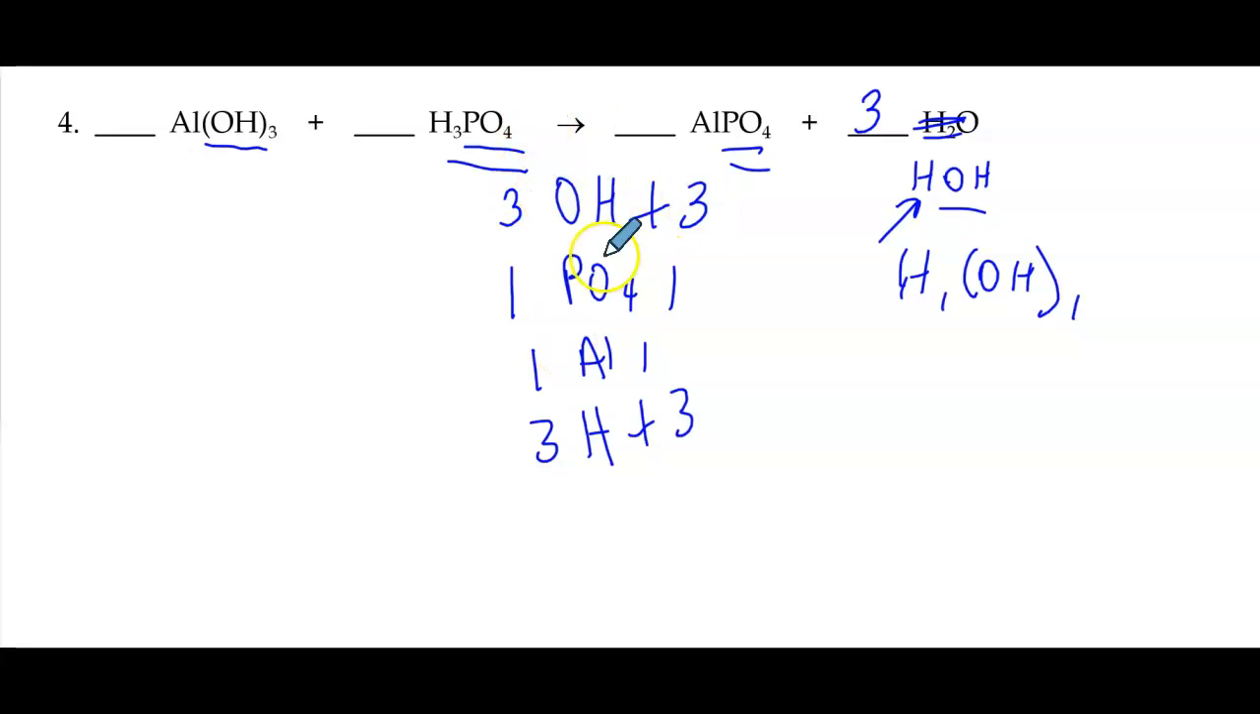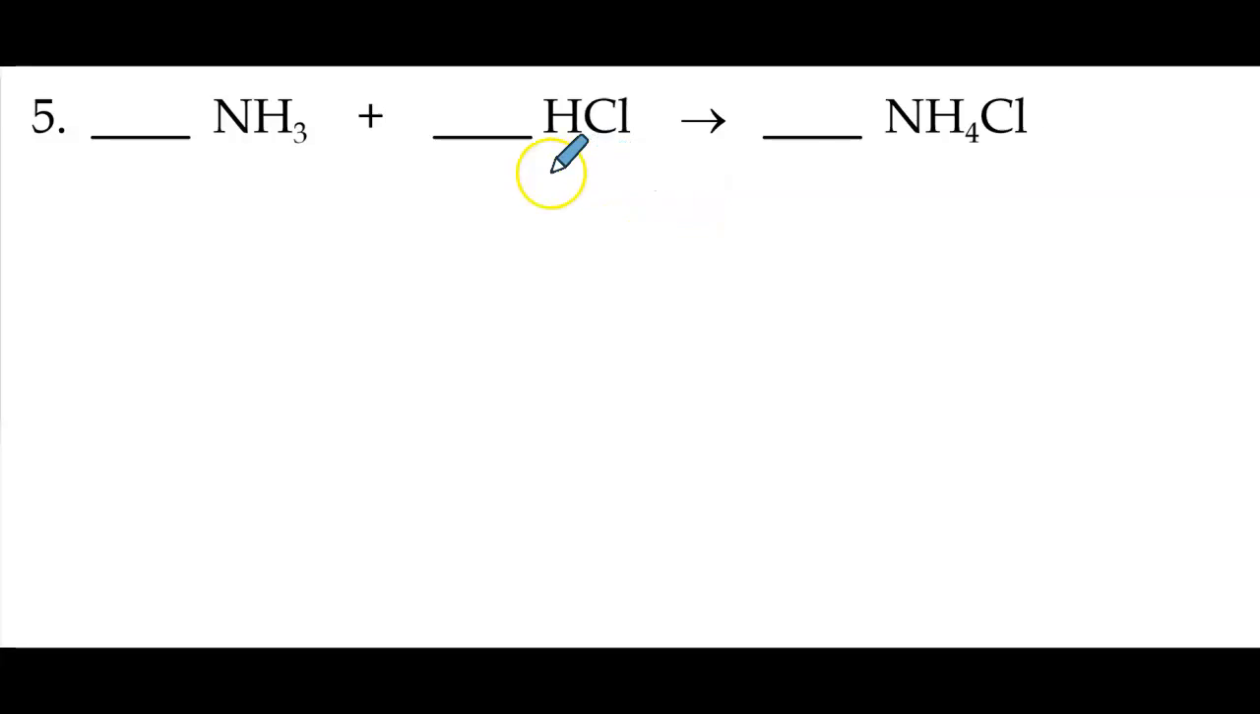Let me try that again. 3, 3, 1, 1, 1, 1, 3, 3. It's balanced. I would read this as a 1, 1, 1, 3. We will not write ones in practice, but you may be asked to do that in Schoology because it's a placeholder. All right, here I have NH4, a polyatomic, but there's no NH4 over here,